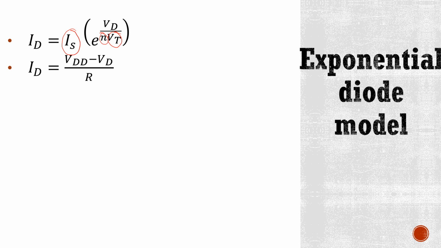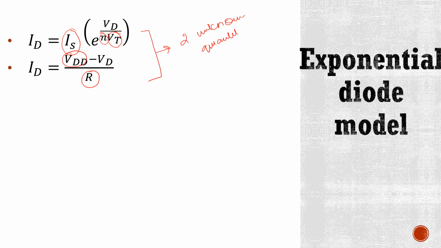Now, we know that this is the first diode current equation. Here, this diode parameter Is is known. This N is 1 for a diode. This Vt is constant. Now, look at this other current equation for the diode. Here, the values of this VDD and R are also known. So, in these two equations, there are two unknown